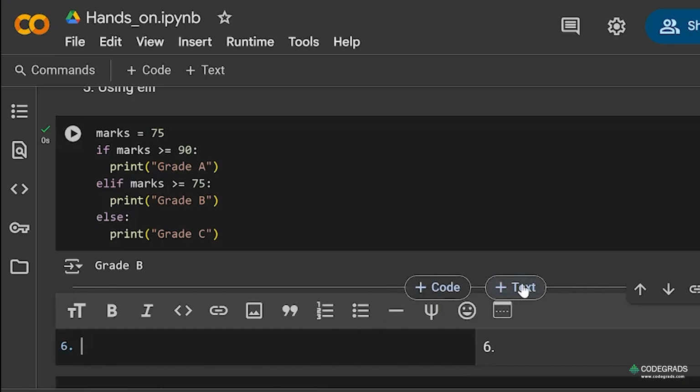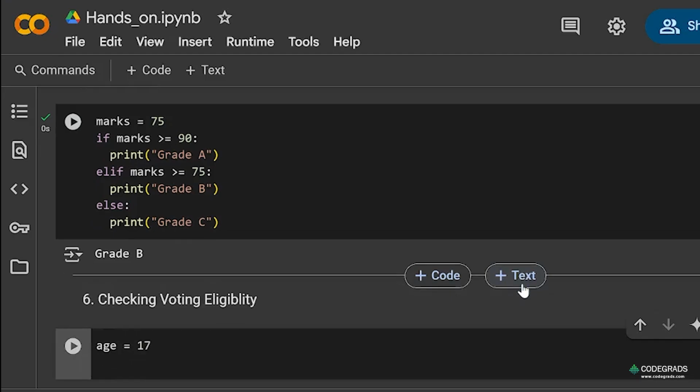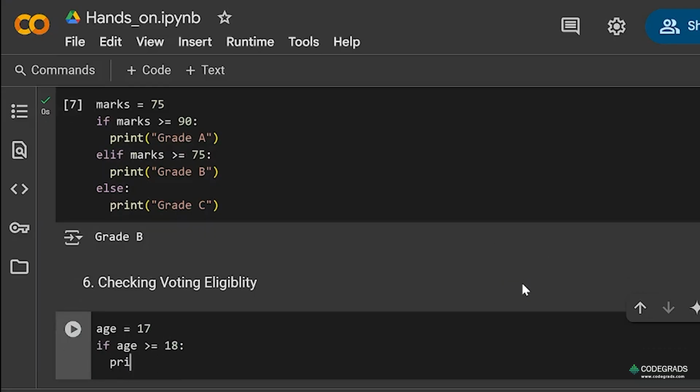Suppose I want to check if a person is eligible to vote or not based on his age. Checking voting eligibility. Now suppose we have an age that is 70, and I want to check whether he is eligible to vote or not. As we know, in India the voting age is 18. The person who is greater than or equal to 18 can vote. Likewise, we will build the statement for the if condition. We'll say if age is greater than or equal to 18, then we'll print